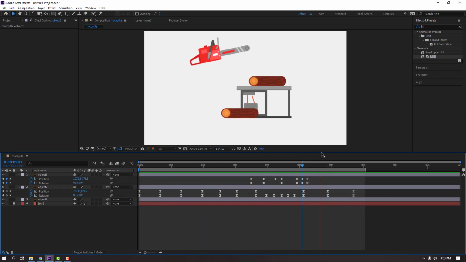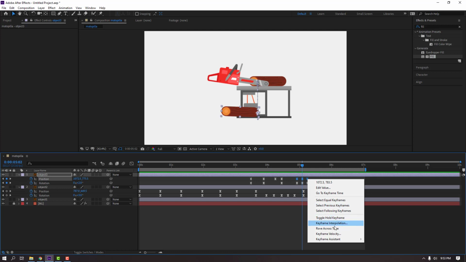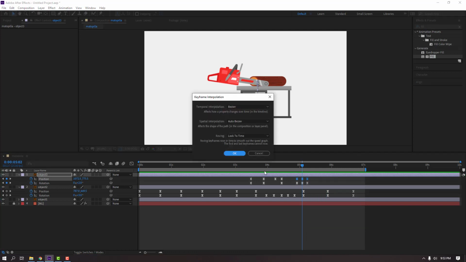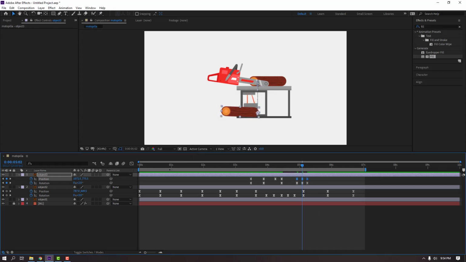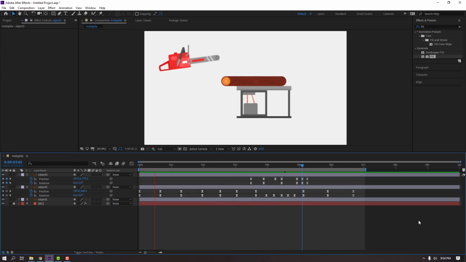Okay, so we have a problem, let's solve it. Select these keyframes, right mouse, keyframe interpolation, change auto bezier to linear, click OK. Let's see this area. Nice. Let's see full project. Okay, nice. So